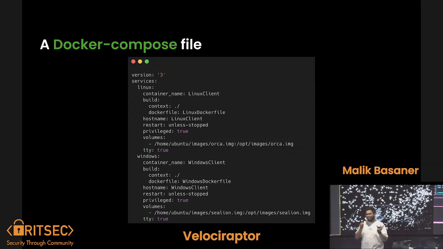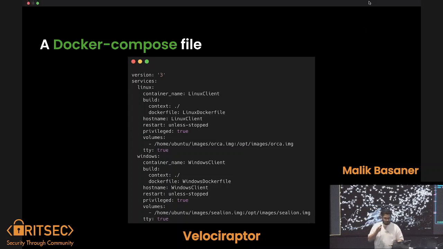We're gonna mount the actual image that is of interest that we wanna analyze in our process or our investigation. And we're just gonna have TTY true so we can actually go inside or have a shell on the container itself. Same goes for Windows. We're just gonna have to mount different images, a different disk for analysis. And if you can see the names of the images, for everyone participating like RISC, it's gonna be Orca and Cline, which were boxes from the competition from RISC that we just dumped and did analysis on to see what red team did, what red team didn't, and all of that stuff.